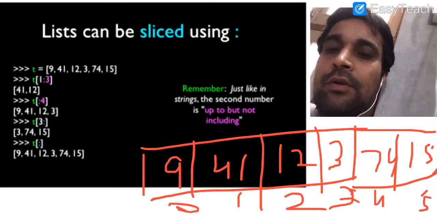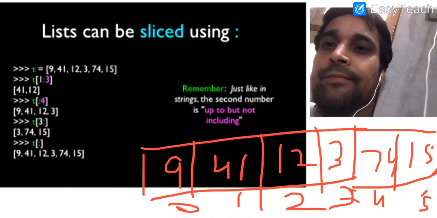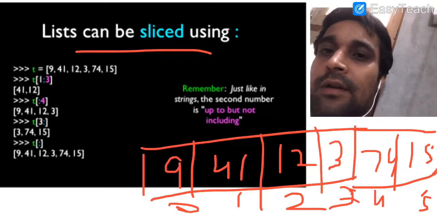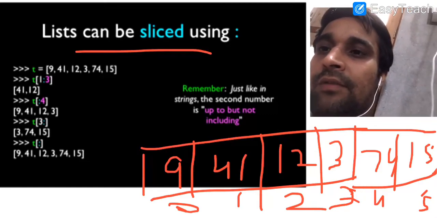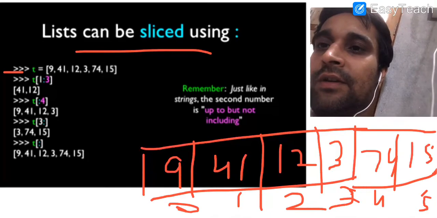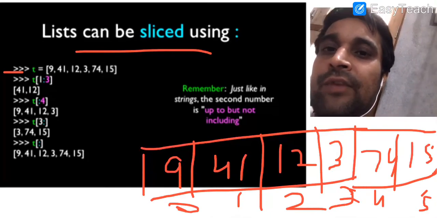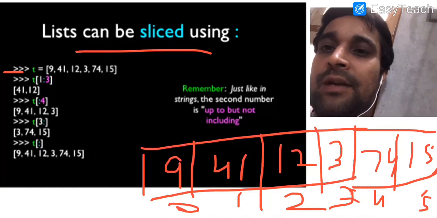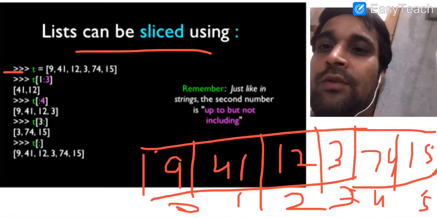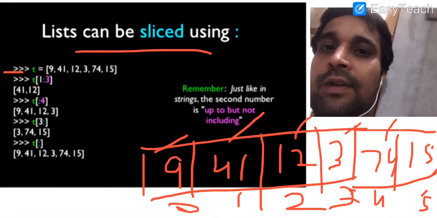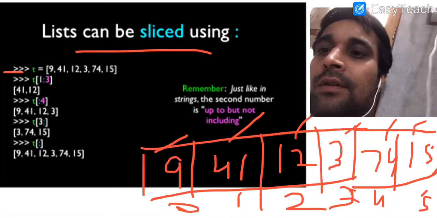Now let us discuss list slicing. Lists can be sliced like strings. In our example, we have created a list with the name T. It has the elements 9, 41, 12, 3, 74 and 15. In the actual memory implementation, at index 0 the value 9 is saved, at 1 41, at 2 12, at index 3 the value 3 is saved, at index 4 74 is saved, and at index 5 the value 15 is saved.